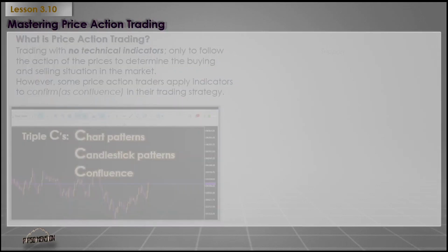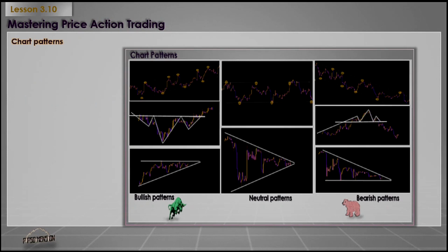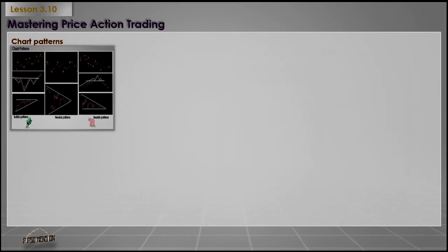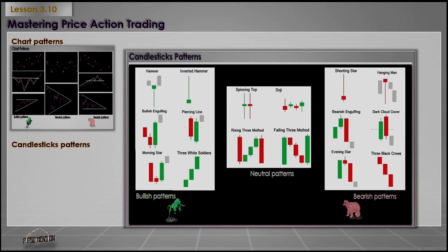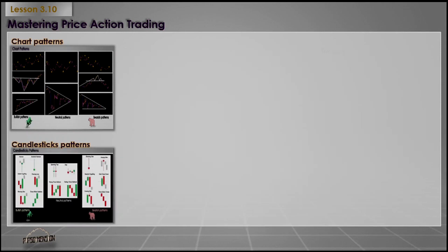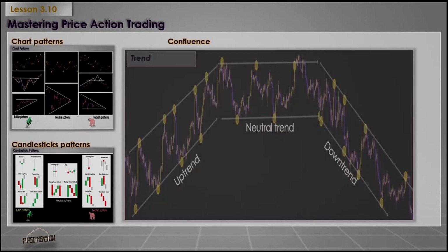You study the chart patterns to be able to identify the trend, support, and resistance levels. Study the candlestick patterns to be able to predict the current buying and selling situation in the market. And then you look out for a confluence, that is, you look on the chart to find at least three technical reasons that support your trading signal. These technical reasons could be any of the following: the trend,